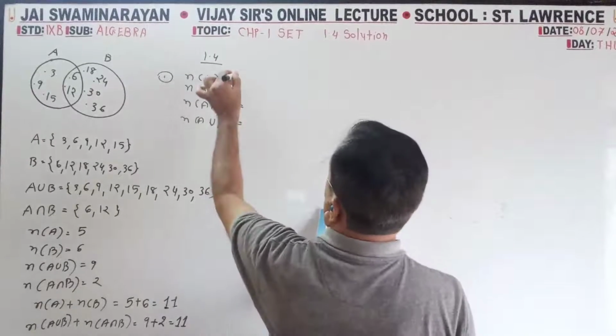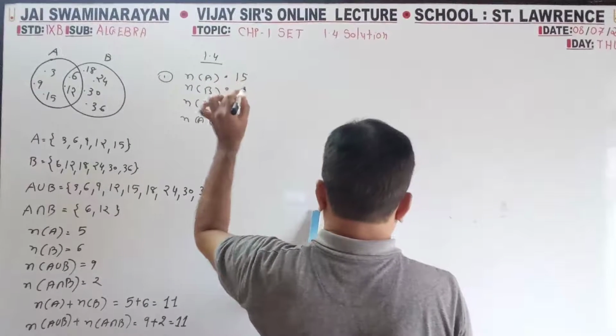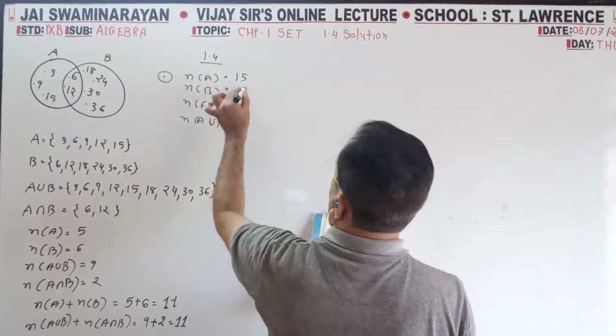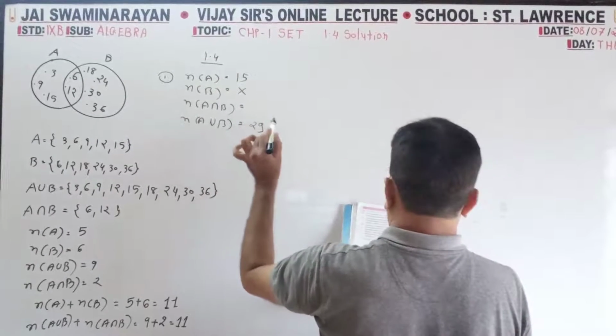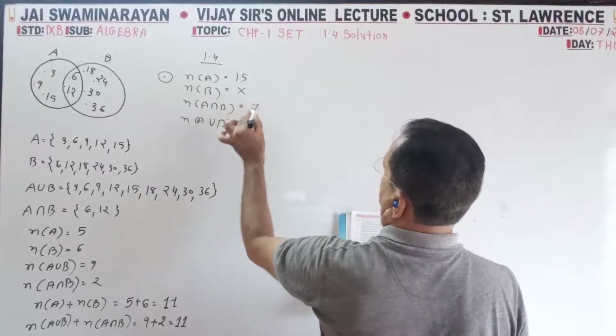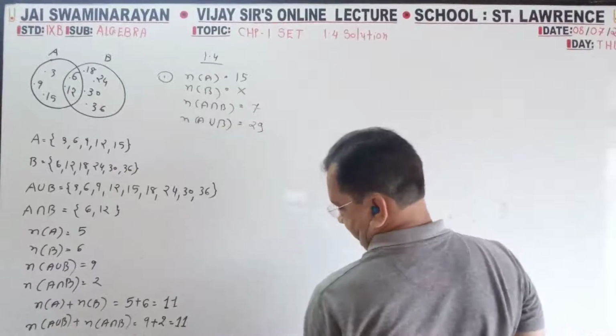Number of A is 15 given. Number of B is the question. Union given 29. Intersection given 7. So as per this formula,